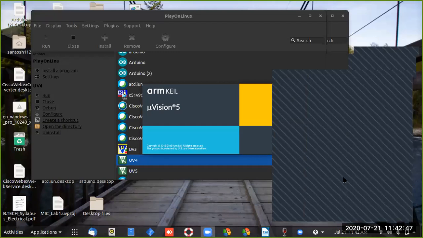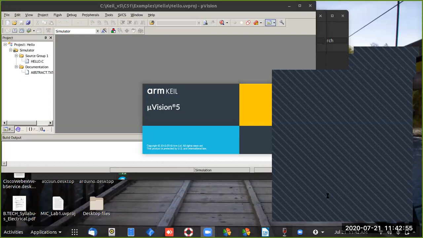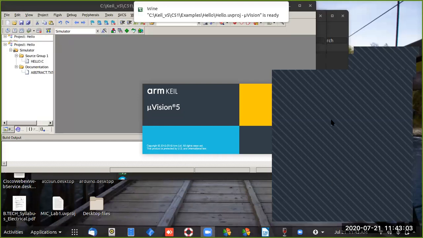Sir, it shows Windows select device for target. Yes, you select Atmel 89C51RD2. Just now I am selecting, just be focused Tejas on how I do it.